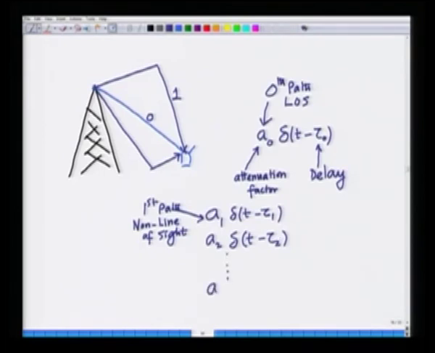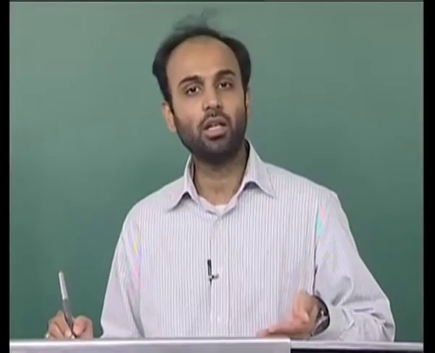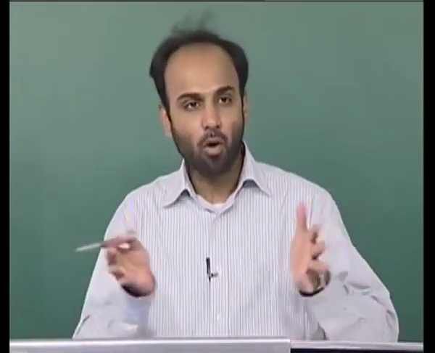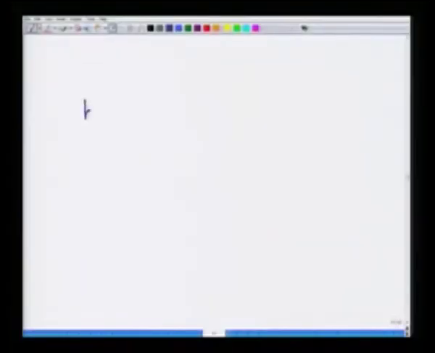We can have up to L paths, which is the 0th path, the line of sight, and L minus 1 scatter paths, where the L minus 1th path has an attenuation denoted by A L minus 1 and delay denoted by tau L minus 1. And now it is easy to see what the model of the wireless channel can be. It is simply a combination of all these paths, which means the wireless channel impulse response h of t,